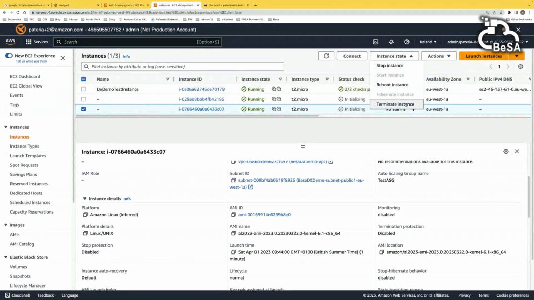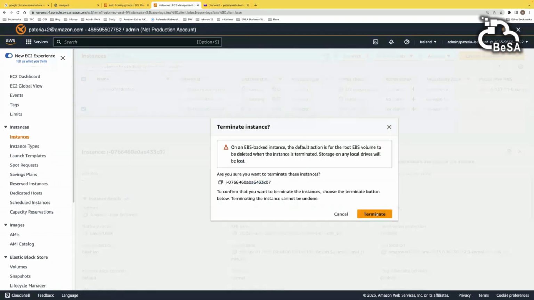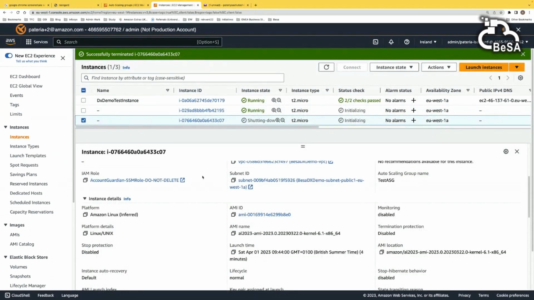Let's crash it. Terminate. Right. So what it will do, it will perform the health check, whatever time it was configured. Actually, I did not see, maybe 100 or 200 seconds. After that, it will declare the instance as unhealthy, and it will try to maintain the desired capacity, right?